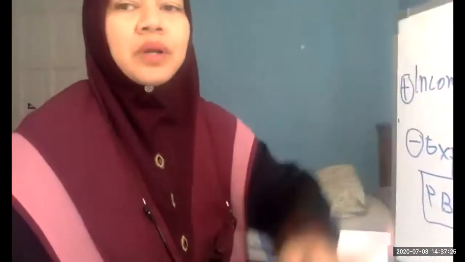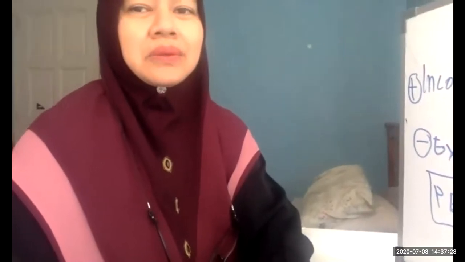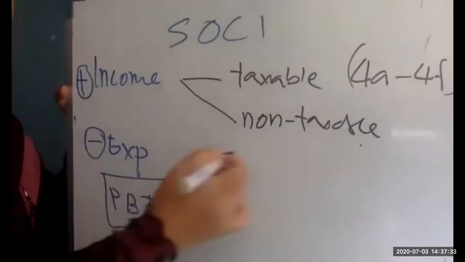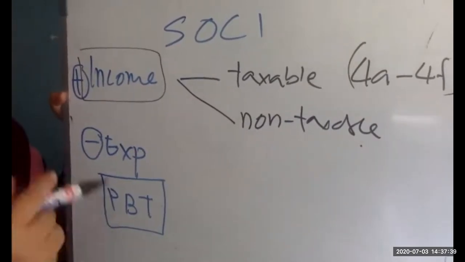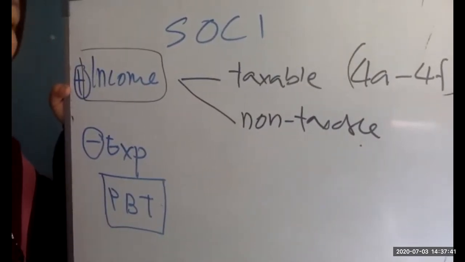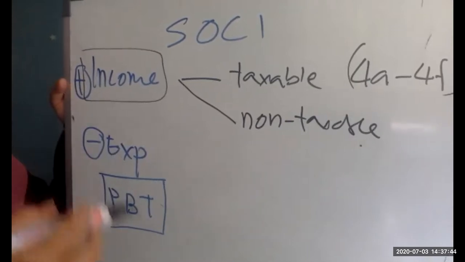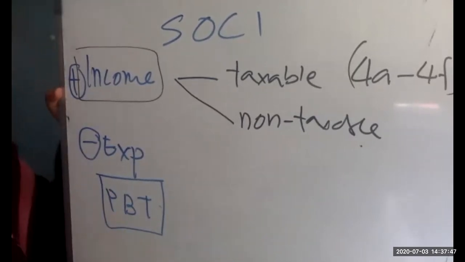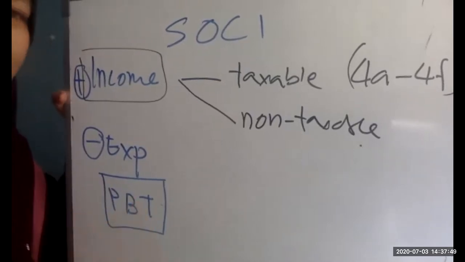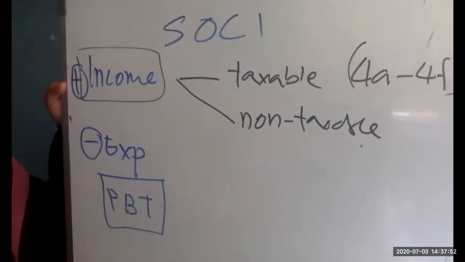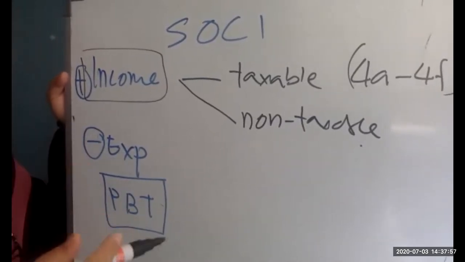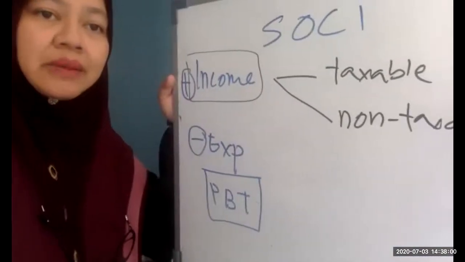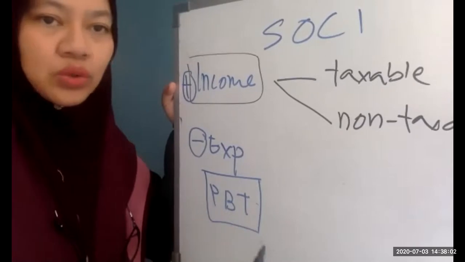The problem is that all this income is included in your SOKI. So when you want to compute income tax, you have to follow the law under the Income Tax Act. The law says that you must compute for 4A first. Come to adjusted income, statutory income, aggregate income. So there is a flow of method or format for you to follow, right? Then only you come to your chargeable income. It's not simply PBT times 28 or 24%.